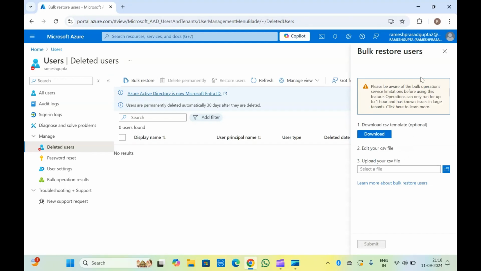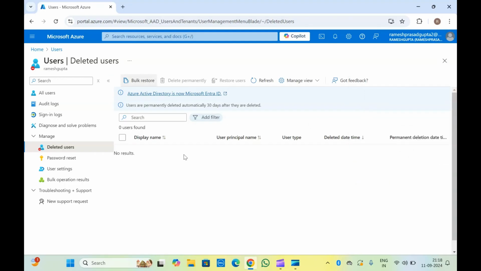From here you can restore the users in bulk. So basically, Azure Active Directory provides us a feature to delete, restore, and create users in bulk using the CSV file. So whenever you have the requirement to create, update, or restore the users in bulk, you can use this feature